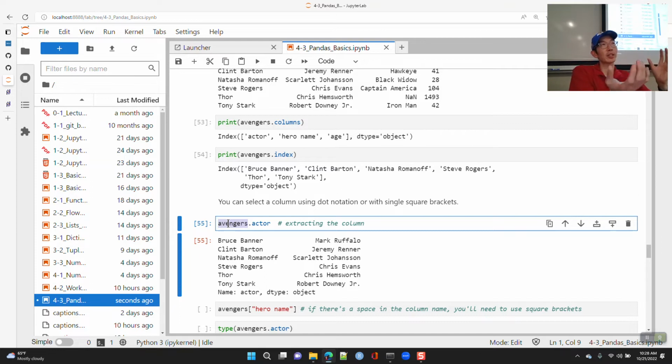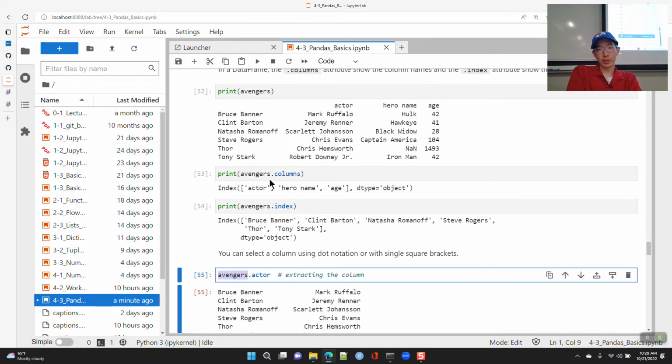Kind of like in base Python, you can create a list and call any list methods. If you have a list called people, you would do people.pop, and you don't do list.people.pop or something like that. The object name comes with all of the methods associated with that object type. So avengers itself is a data frame object, and it comes with all of its methods.